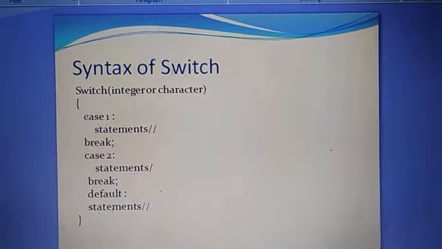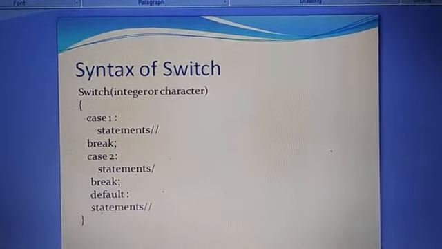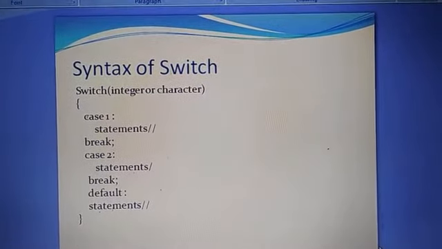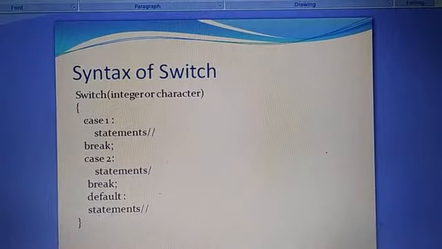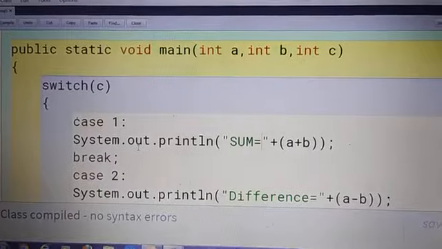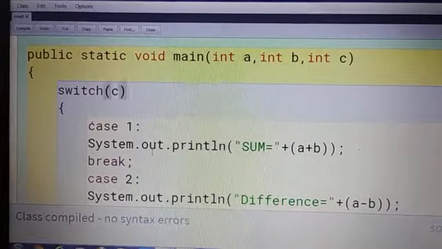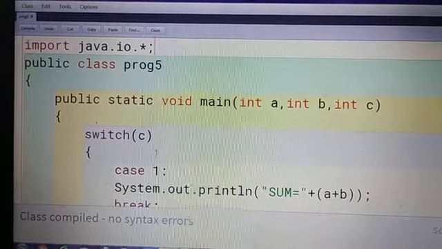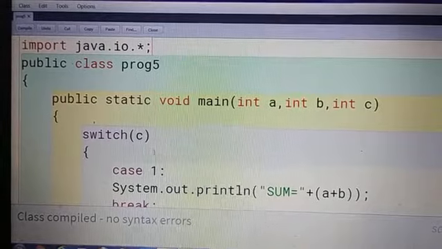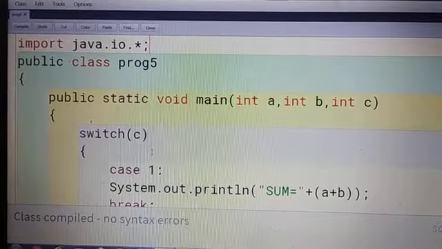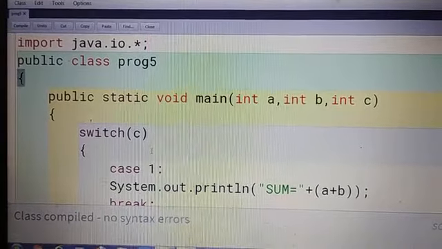Now I will show you one program of a switch case statement, how to write a program using switch case and how to run it. Like the same thing, we write import java.io, then public class Program5, the name I have given the file.